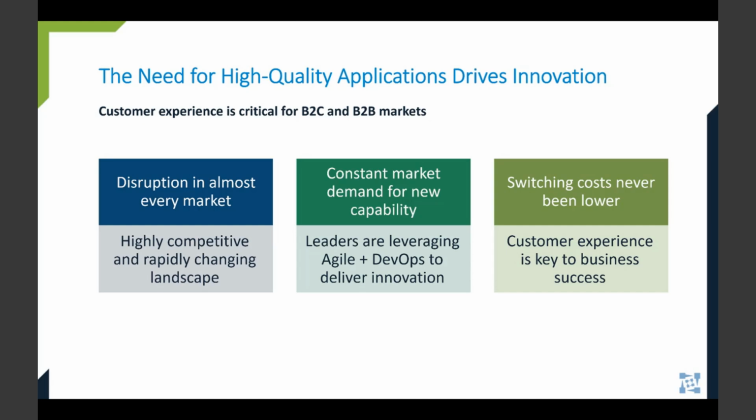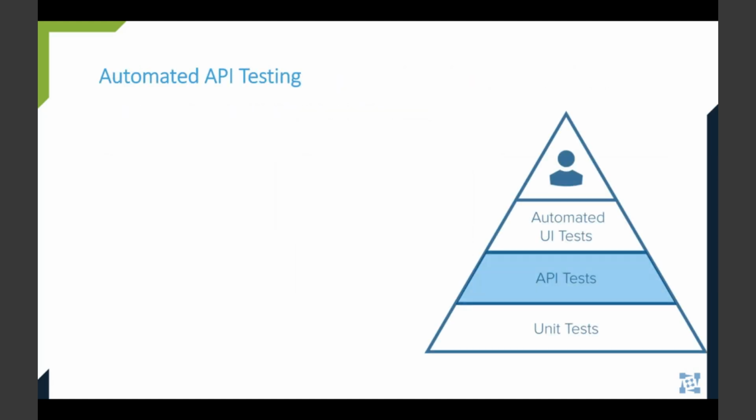To deliver new capabilities and complete application testing in a timely manner, you need to have a CI/CD pipeline that incorporates CT, or continuous testing, the level up from test automation alone. And one key component for accomplishing this is API testing. Focusing more of your testing on automated API tests.